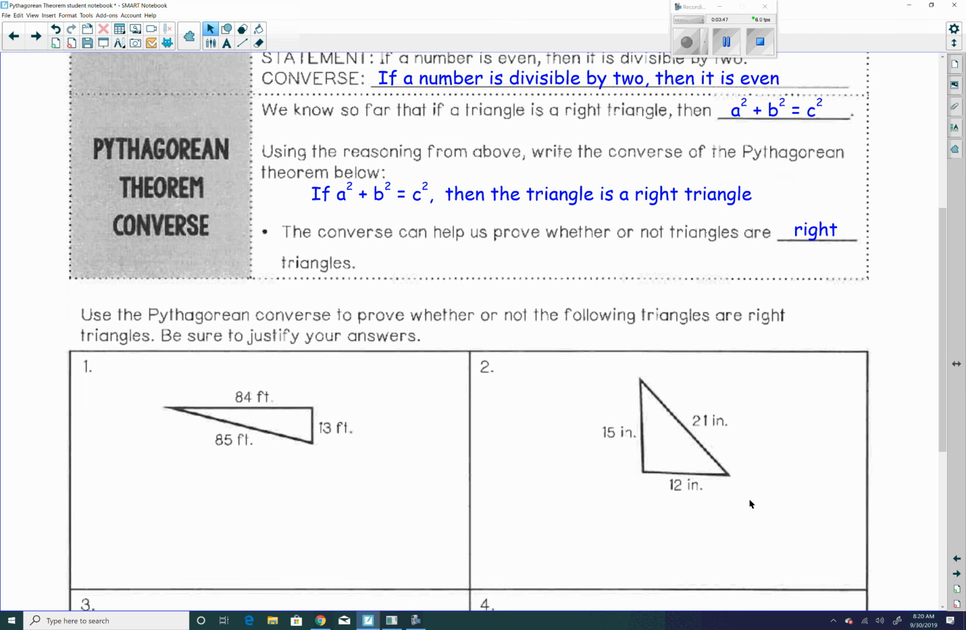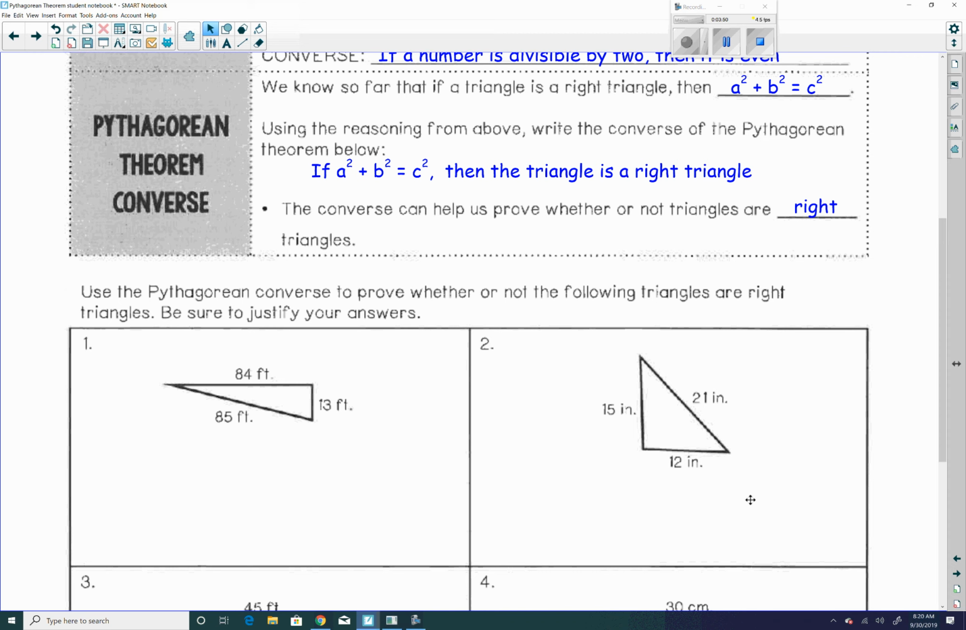So let me show you what I'm talking about. In example number 1 here, I've got 13 feet on one side. I've got 84 feet up here, and I've got 85 feet here. So this looks like it's going to be the right angle, and if that's true, then this would be my hypotenuse. But the other way I could tell which side is the C side, the one that matters, is the one that's going to have the largest number, because we already said the hypotenuse is always going to be the longest side. So if we're trying to prove whether or not this is a right triangle,